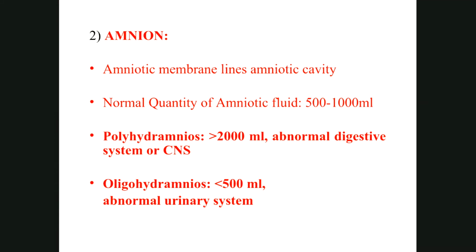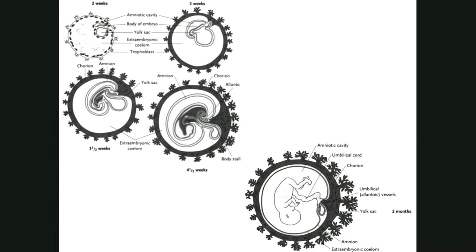As you can see in this slide, there are two balloons floating in one large balloon: the amniotic cavity, yolk sac, and chorionic cavity. Gradually, the size of the amniotic cavity is becoming bigger and bigger. The yolk sac is becoming smaller. The chorionic cavity gradually becomes smaller. And at the end, what you see at the lower part of the picture, whatever whole cavity you see is nothing but the amniotic cavity. So the amniotic cavity becomes the largest cavity at the end of development.